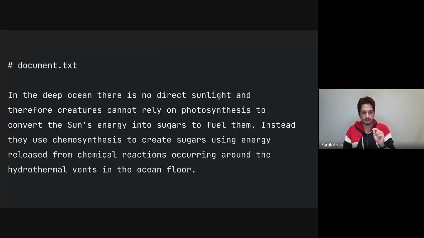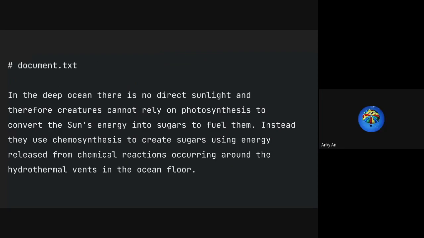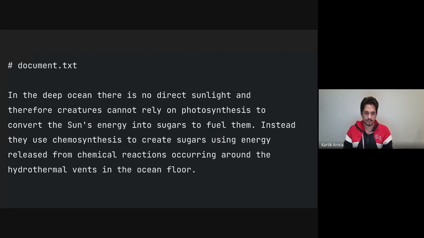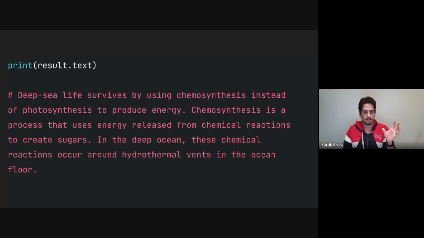However, if I provide this in the document, where this is a statement literally copy pasted from my Google search, so hopefully it is factually correct. I'm not an expert. So if this is the basis of the answer, then this is the answer that I got back. So your response might vary when you try it, but it'll be somewhat similar.